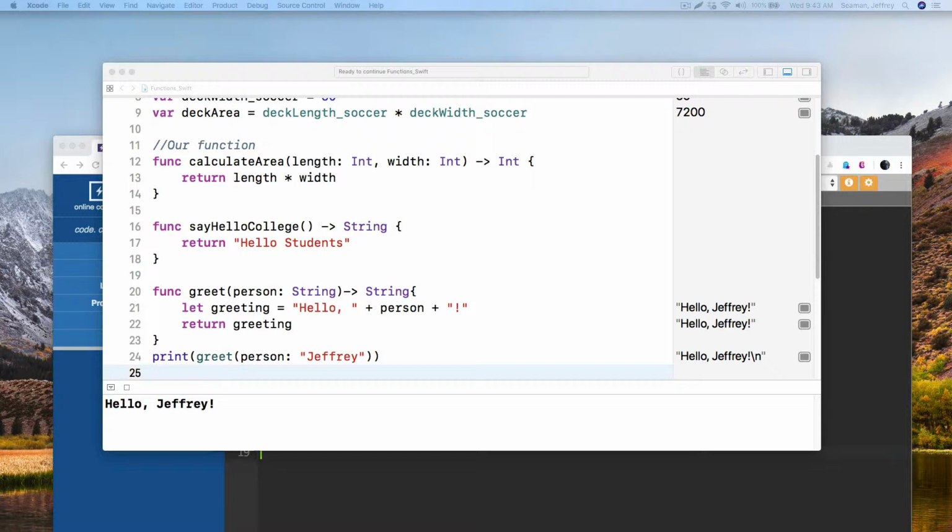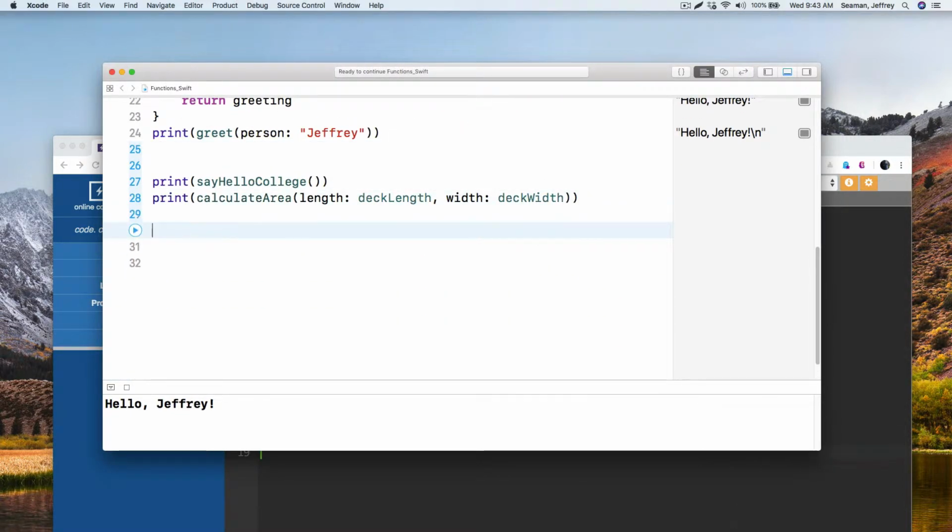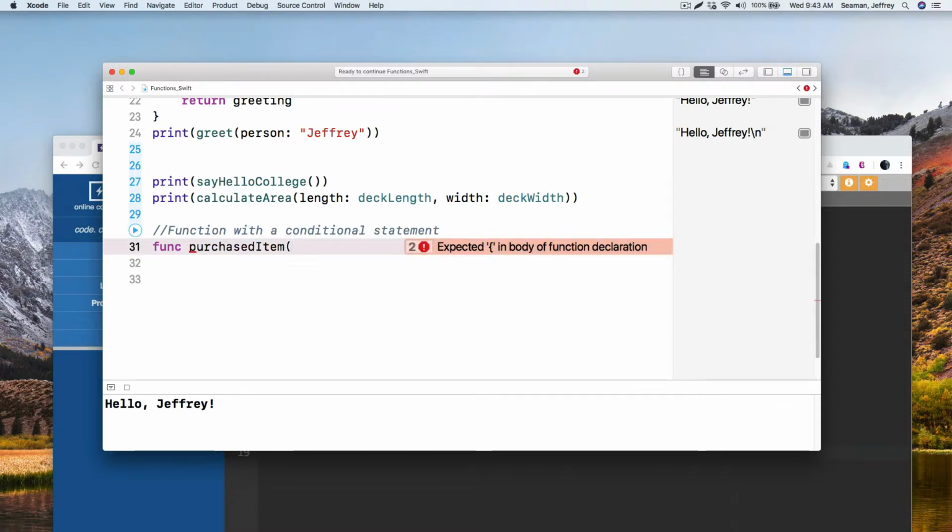Let's see what else. You can also add conditional statements in your functions as well. So let's say that we wanted to get a little bit hairier. So let's go down here and say function with a conditional statement. So how would we write that? So we can say function purchased item. So you purchase an item on Amazon, and you can say checking my current balance,